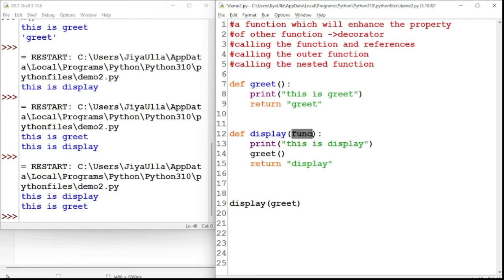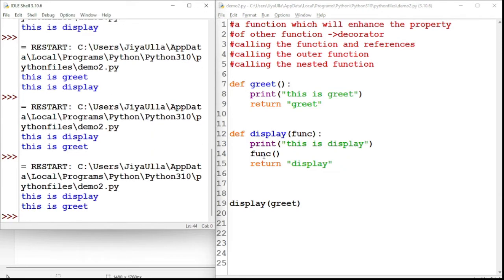func. To call the greet function, now I have to use the func variable instead of greet. Okay, func. Control save and we will get the same thing. What I have done, I have passed the argument, or else the address of the greet function, and I have received it as a func argument. If I call the func argument, it will give me the same result as that of the greet